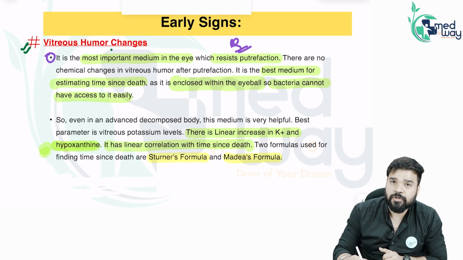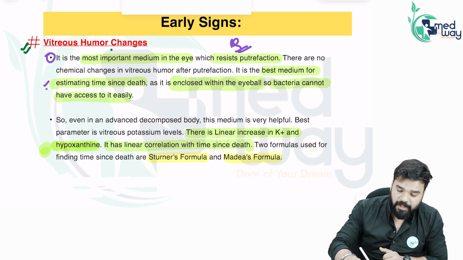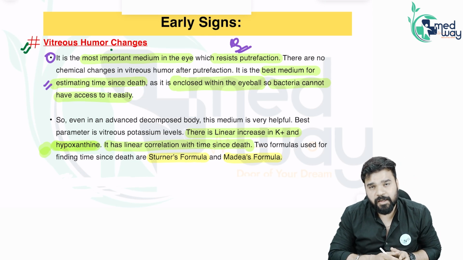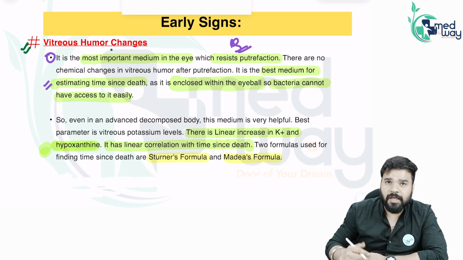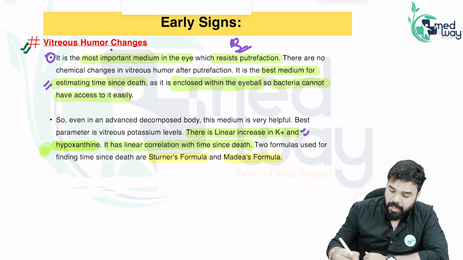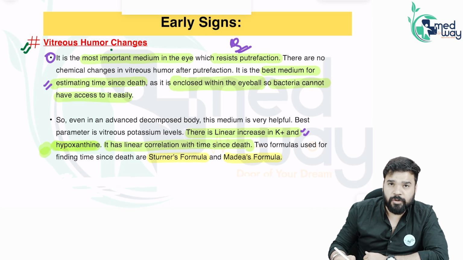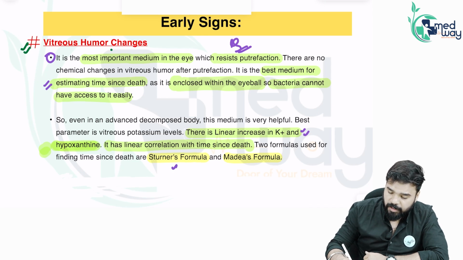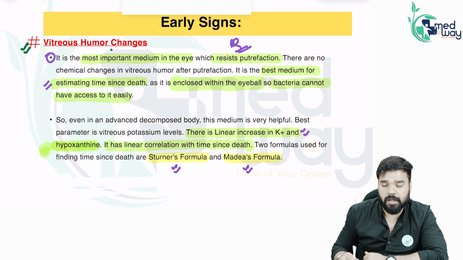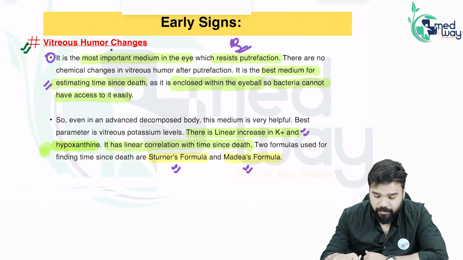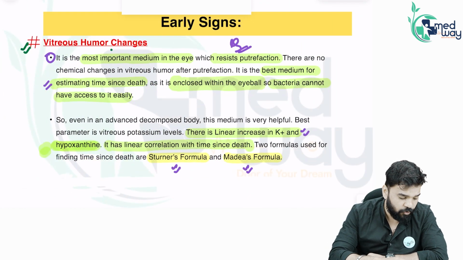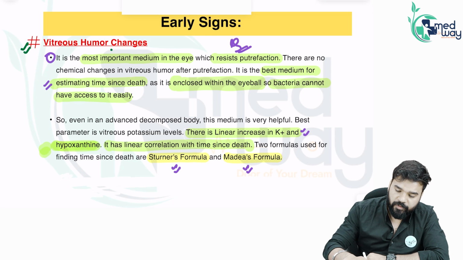Okay, so the important points here are: vitreous humor resists putrefaction. Vitreous humor is used to estimate time since death, and it is the best medium, and there will be a linear increase in potassium, and the formulas which are used to measure are Stirner formula and Madia's formula. Okay, now moving forward,